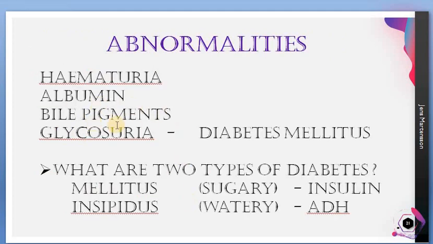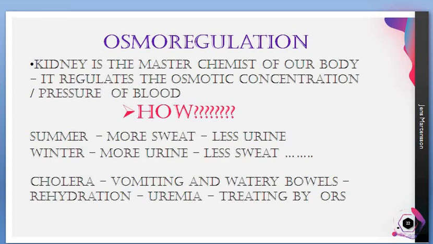And then we learned these 4 abnormalities: hematuria, glycosuria. They can ask defined sorts of questions on these, because these are medical terms, right? Now if you learn all these things, you can talk to a doctor. If your parent is a doctor, just go talk to them, make them feel like, wow, my kid is growing well, right? So this is osmoregulation, and how the kidney maintains it, what happens during summertime and what happens during winter time, why we urinate too much during winter and not too much during summer, and what our body is achieving because of this.